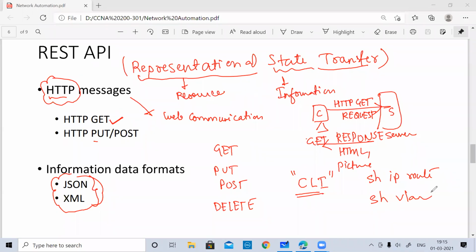So this is a very big difference, guys, because we are entirely shifting from CLI to APIs. For CLI, it was very simple: we used to write a command and hit enter. If there was no error, we would just get an empty line, which made us understand that there is no error. If there was an error, it would show that there is an error in so and so line or in that particular command.